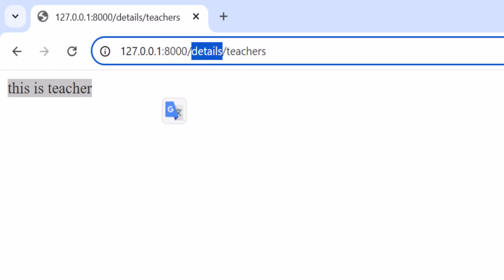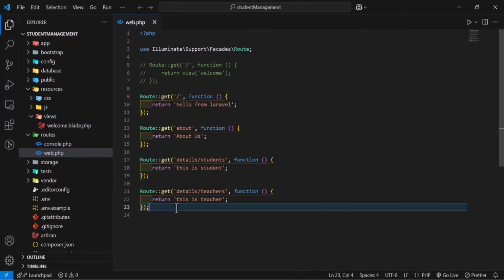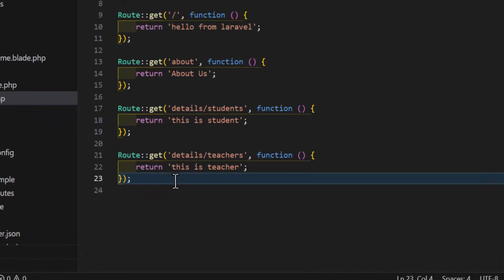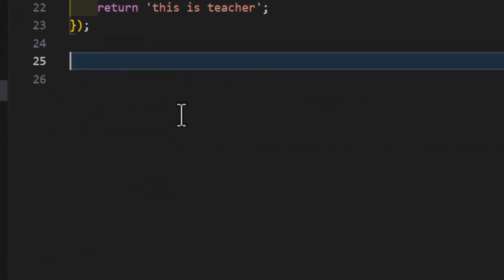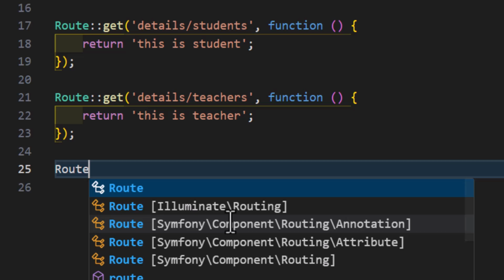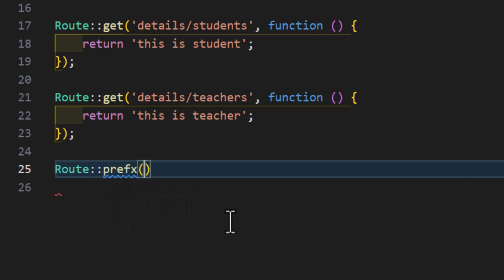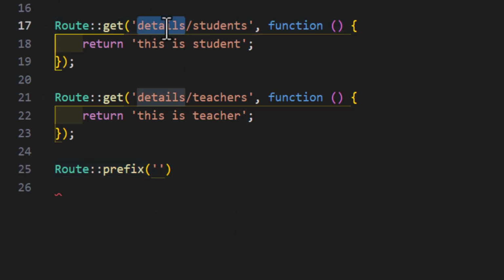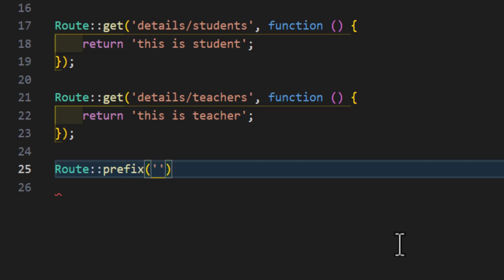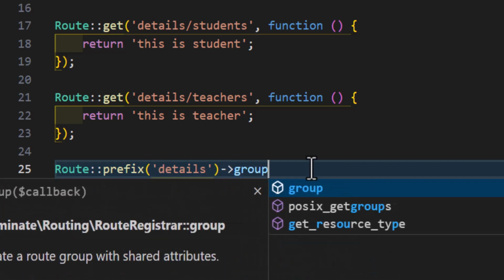So I can shorten my routes and group these two inside a group. So for that, we can write route colon colon prefix. Then we can type our prefix. In this case, it's details. So let's copy this from here and paste it in here. Then after that, we will type group, and